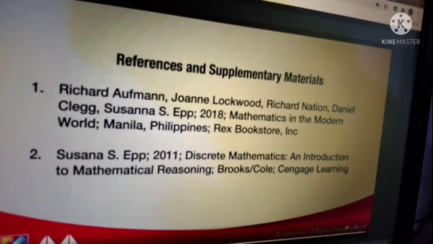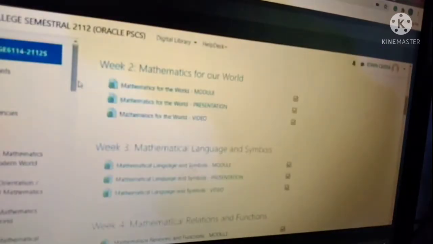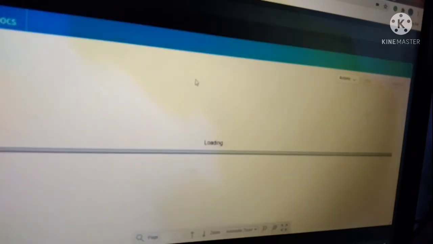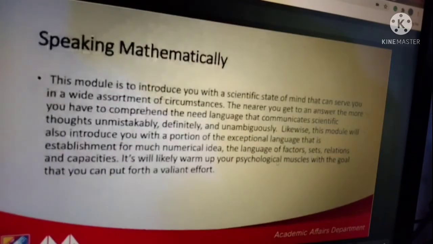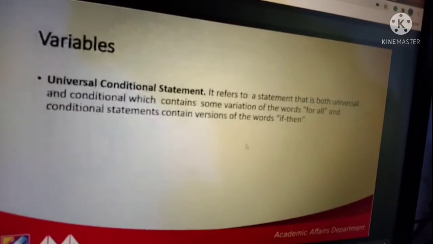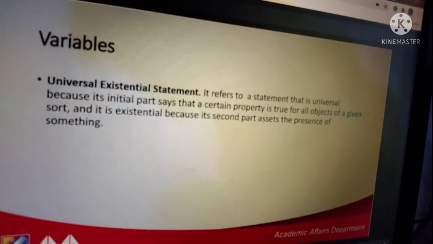Okay, punta tayo kay presentation naman. Okay, so speaking mathematically, wala na kayong problema dyan, no? Variables, in-explain ko na to, yung if-then, yung for all. So, yung universal variables, kaya nga sinabi ang universal existential statement, kasi nga, nag-e-exist, it is present, it is for all, no? The property is